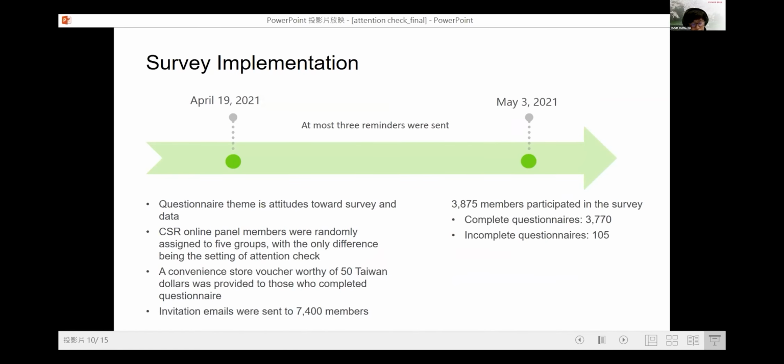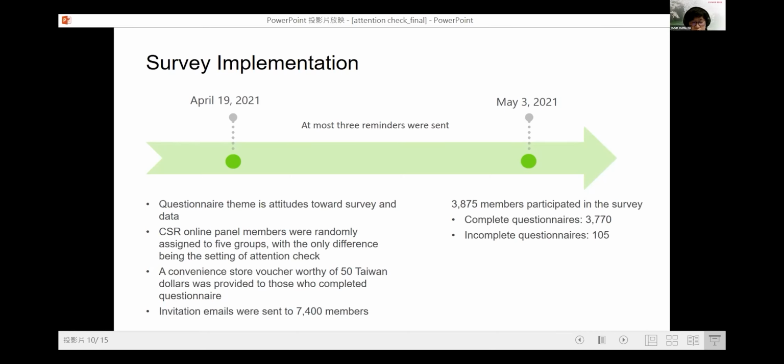The survey implementation: the theme of the questionnaire is attitude toward survey and data. The online panel members were randomly assigned to the 5 groups with the only difference being the setting of the attention check.